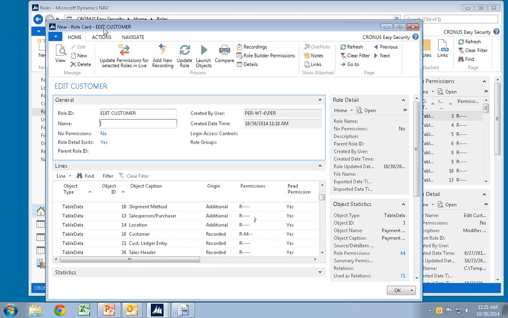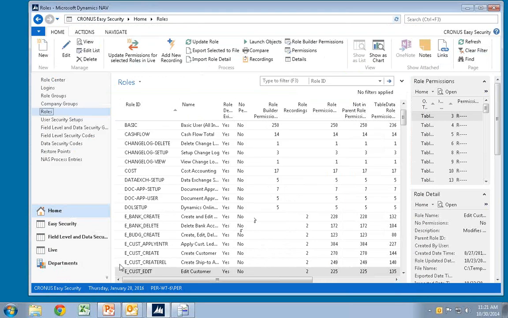So I do the most basic process, and EC Security will capture a lot of those extra permissions in here. If it happens to be something was missing, I would of course always just create another recording and attach my new recording to the existing roles, and that would actually be how I would also correct problems with security.